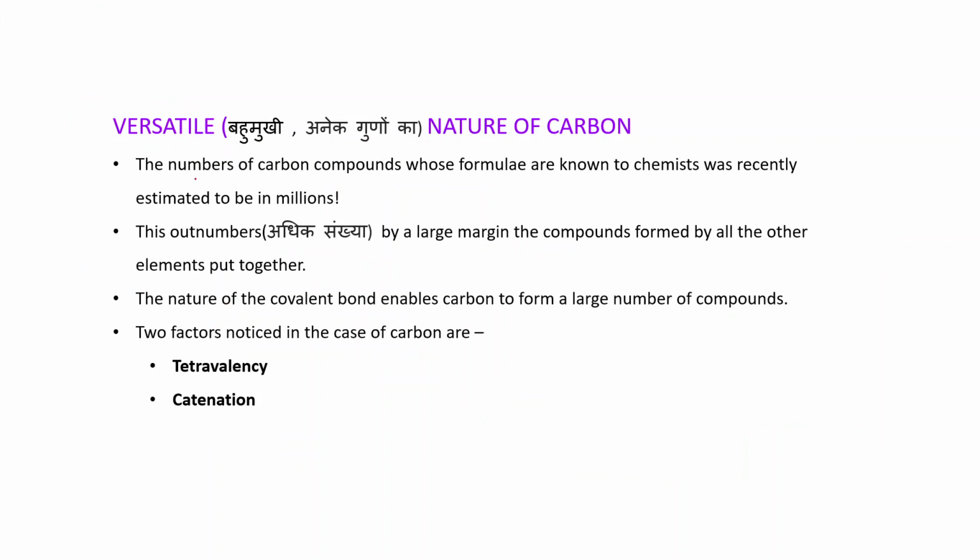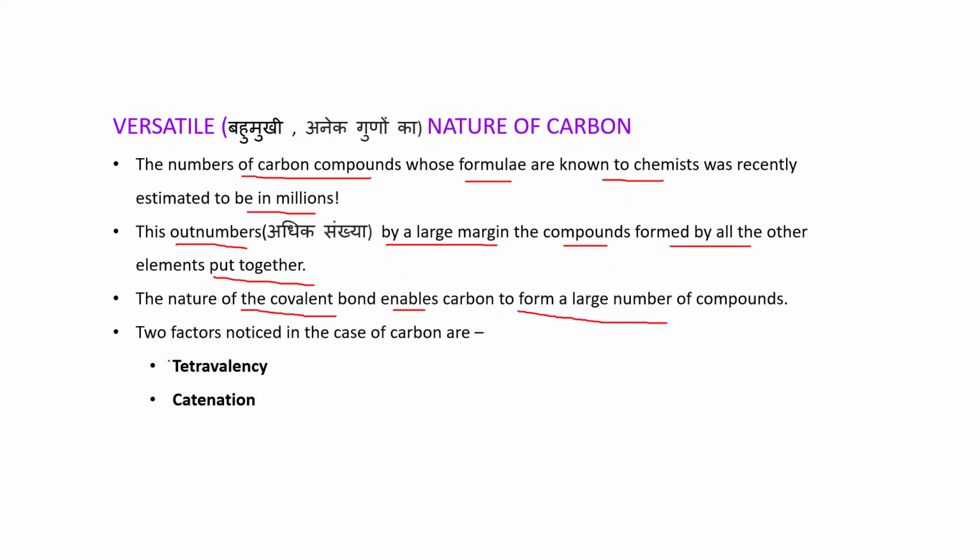Versatile nature of carbon. The number of carbon compounds whose formulae are known to chemists was recently estimated to be in millions. This outnumbers by a large margin the compounds formed by all the other elements put together. We can say the compounds formed by carbon are more compared to the compounds formed by all other elements put together. Clear? The nature of the covalent bond enables carbon to form a large number of compounds,